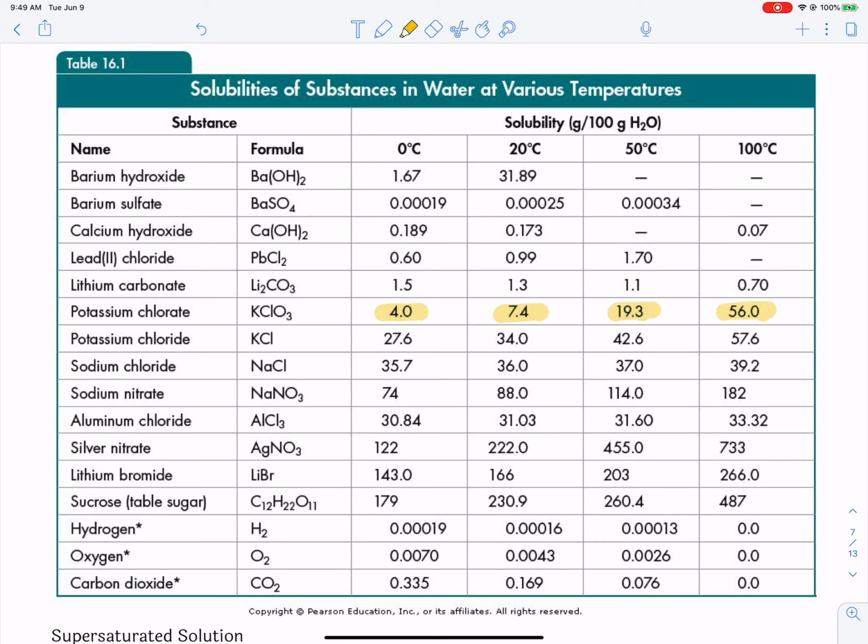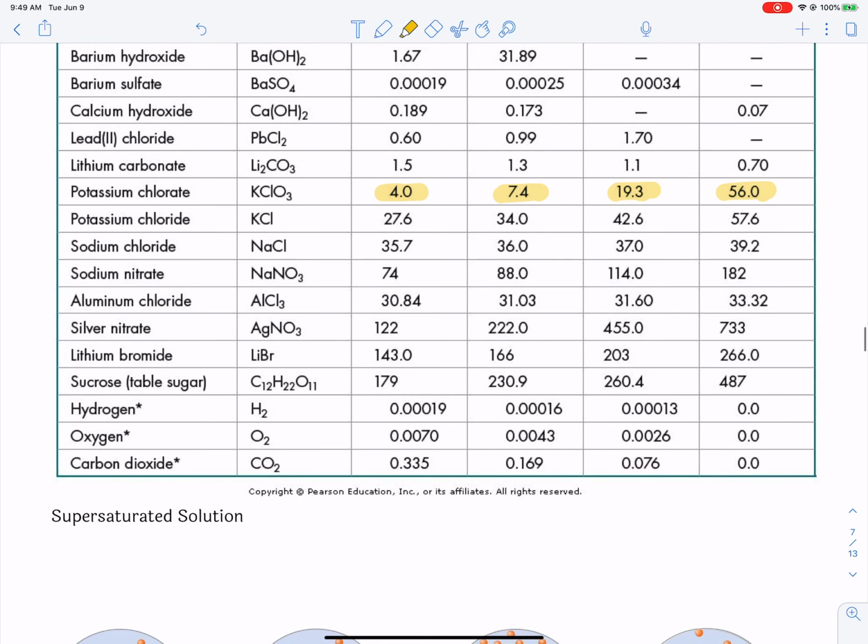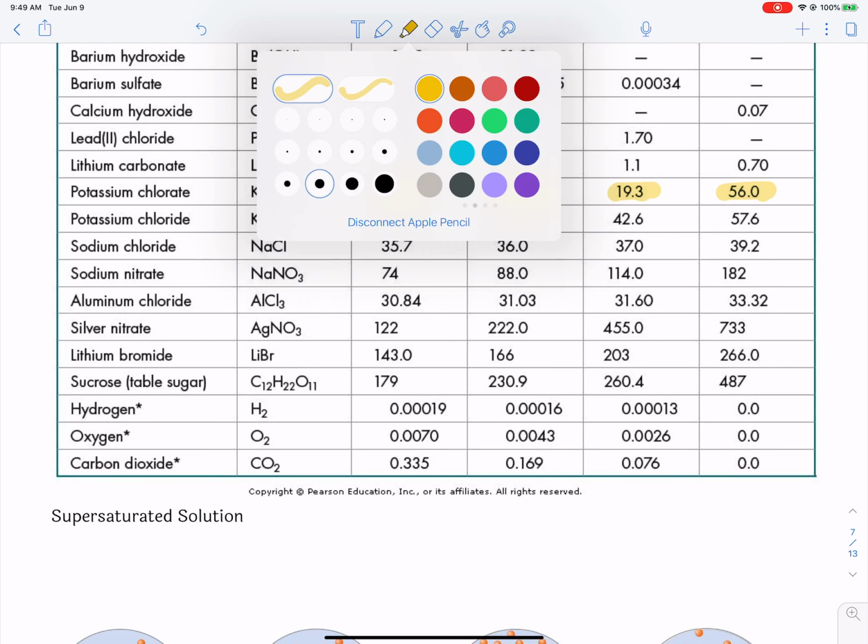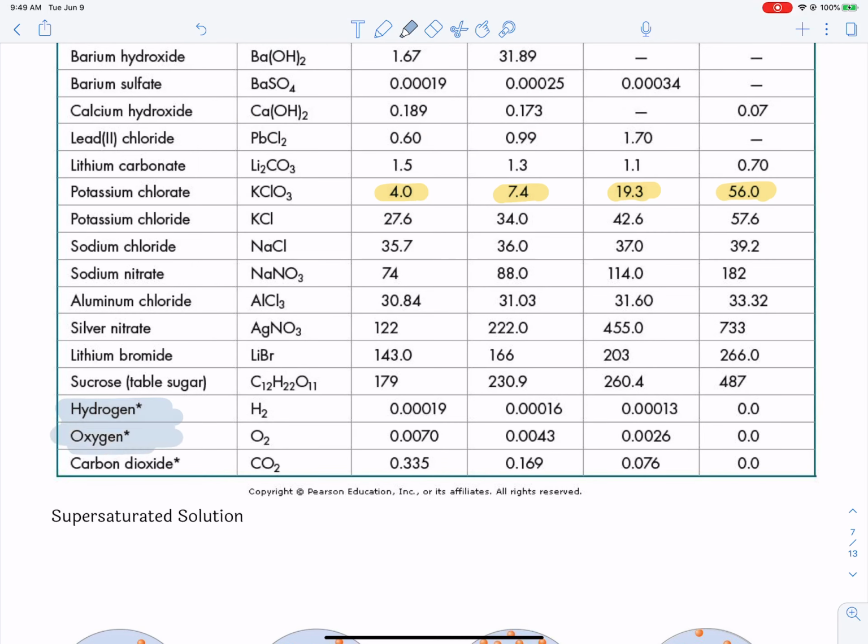You'll see that it isn't true 100% of the time, but for the most part, as the temperature increases, the solubility increases, and you'll see that for the three gases down here, right? These guys are all gases. You will see that the exact opposite is true, that as the temperature increases, the solubility of the gases decreases,